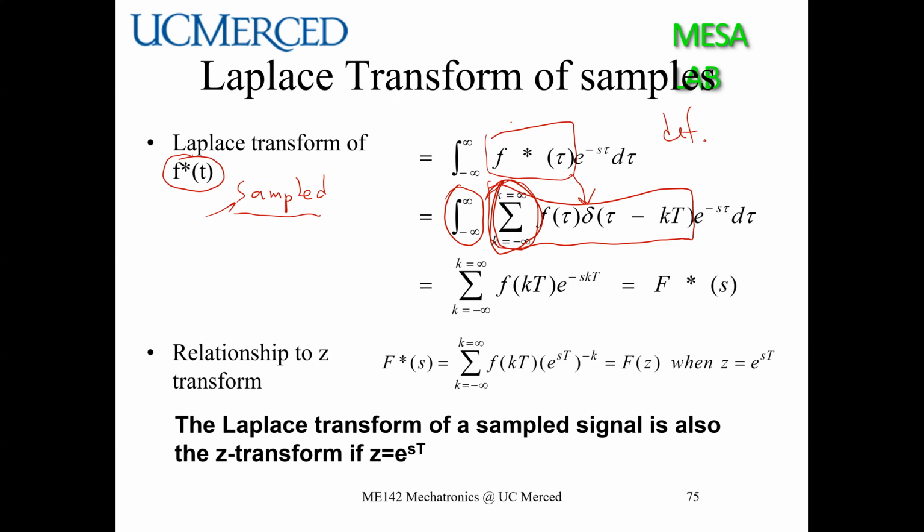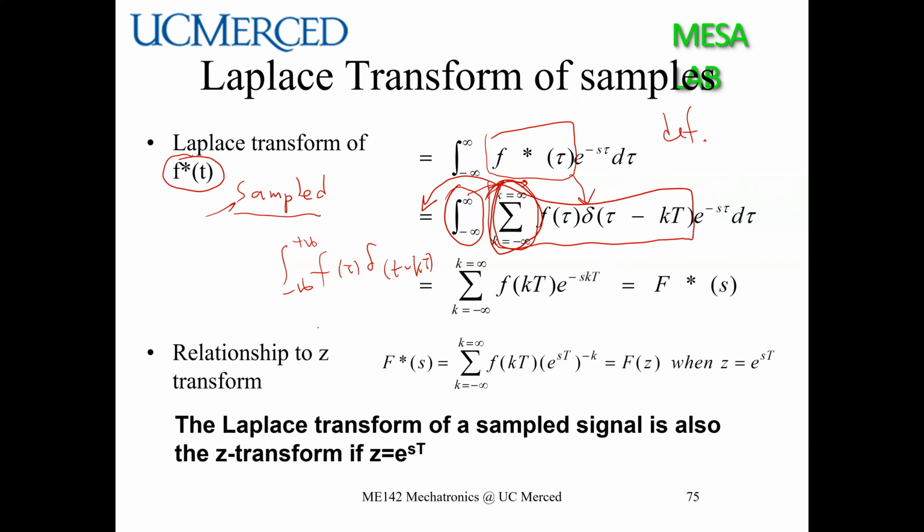Of course, there are some conditions you need to satisfy. You put this one in front and then put it back. So basically you are integrating from minus infinity to plus infinity, f tau delta tau minus kT,